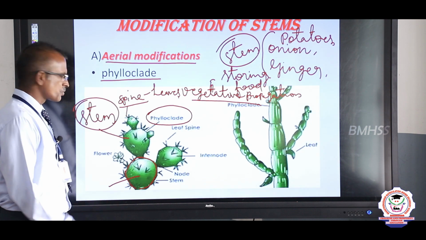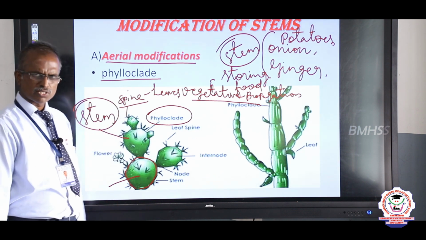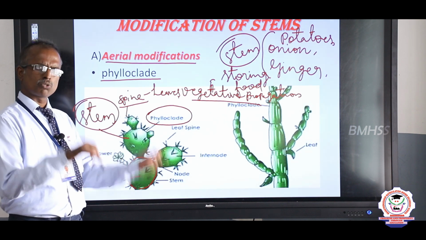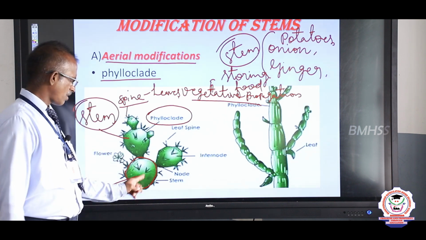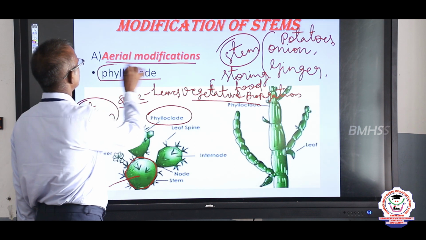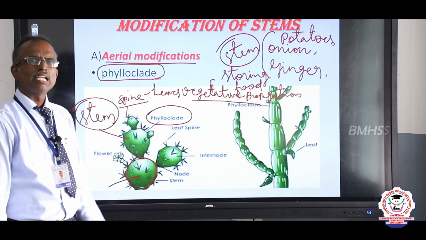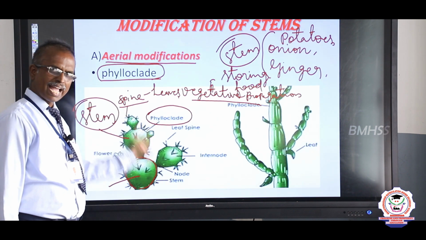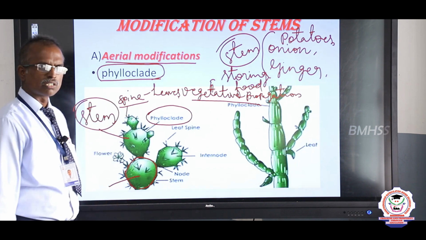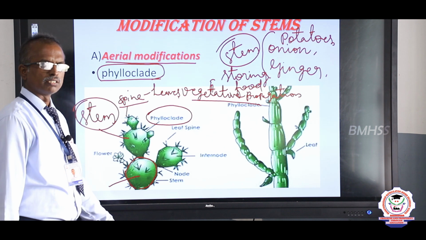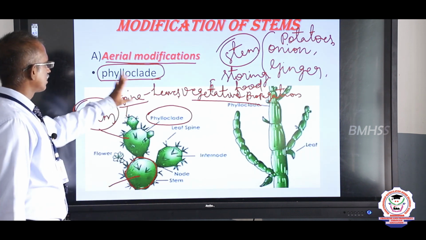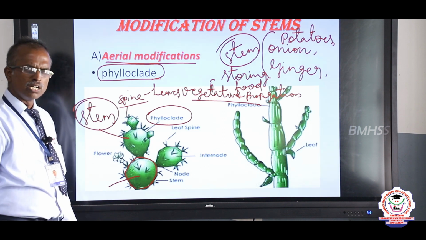Now the stem does photosynthesis. The stem is green in color, modified to store the food in the stem region. This we call phylloclade. The leaf function is done by the stem. In the case of cactus, we call it phylloclade. Ilai thozhil thandu. Ilayoda velaiye stem pannudhu. Adhukku peru ilai thozhil thandu. In technical word, phylloclade.